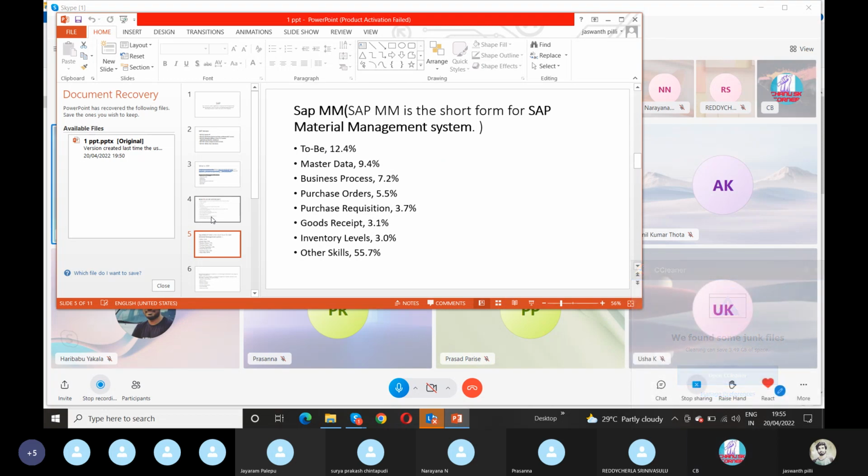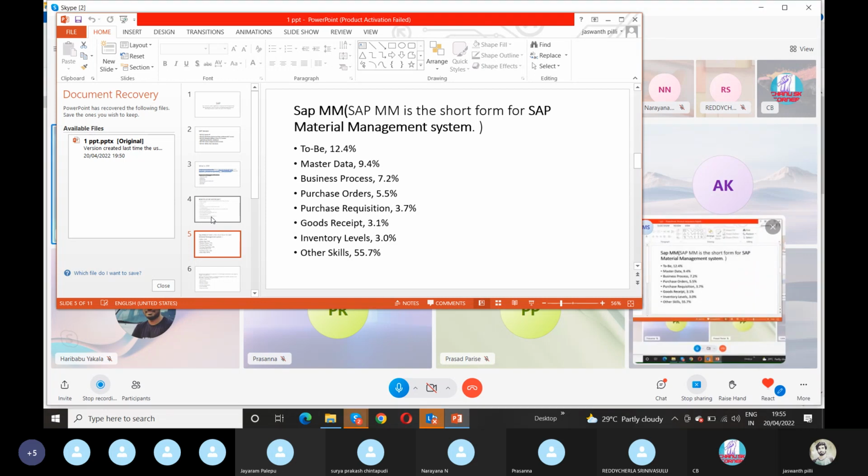SAP MM stands for Material Management, and here we solve the issues raised from the